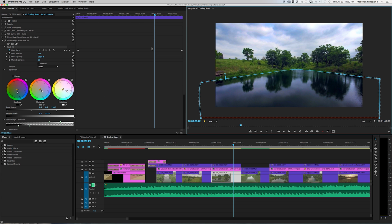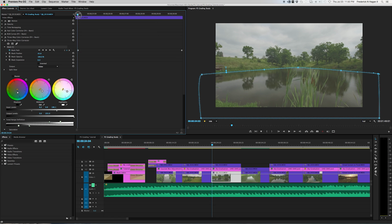Now the problem is, as this shot moves, the shape of the water here on this pond is going to morph and change because it's film. It's not a photograph. So what you do is go to the beginning of the shot and draw your mask. Then you click on the stopwatch tool here, and that will activate a point. Then you go to the end of the shot,